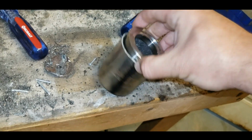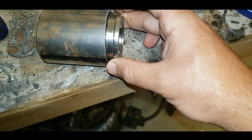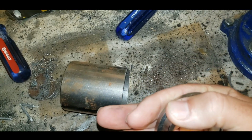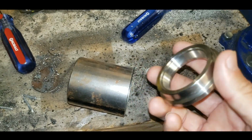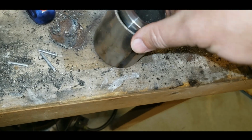It's too large. So my thought process is, because I don't have any 2 1/4 inch pipe, and I can't go out to get any, and it's senseless to order anything right now on account of we're waiting 2 1/2 weeks for anything to come, even on Amazon Prime. Prime isn't 2 days anymore. It's more like 7 or 8 days here anyway. So what I'm going to do is, I'm going to take this pipe,